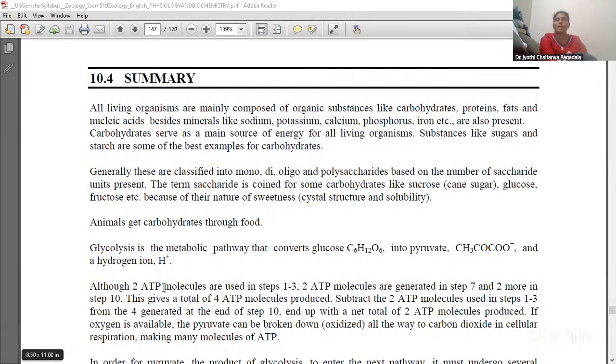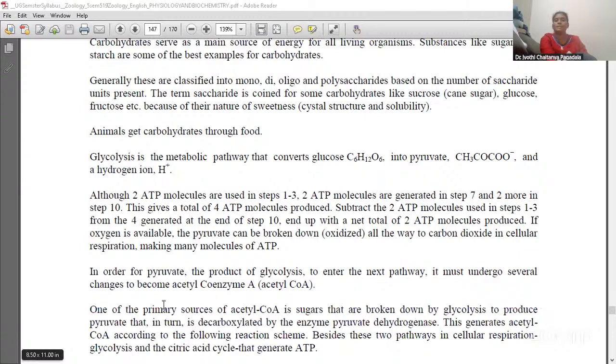So overall, there will be a presence of 4 ATP molecules, which is generated after the glycolysis, where the breaking down or oxidation of